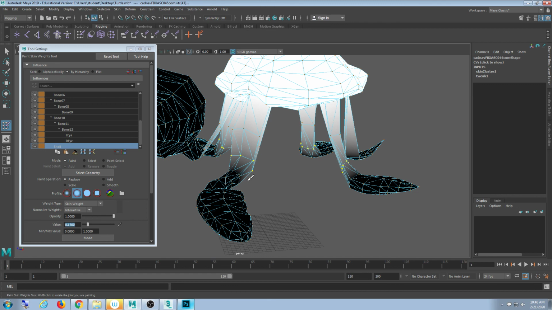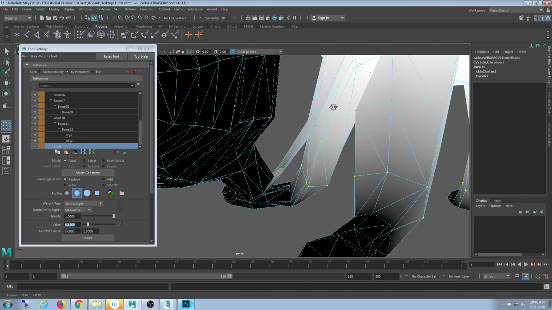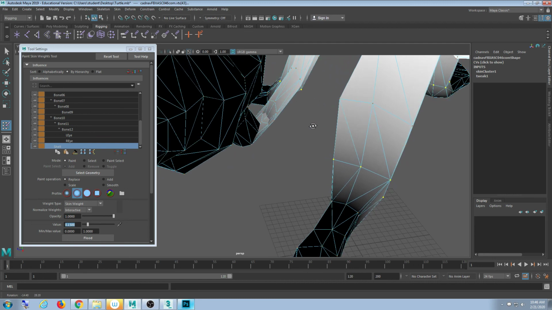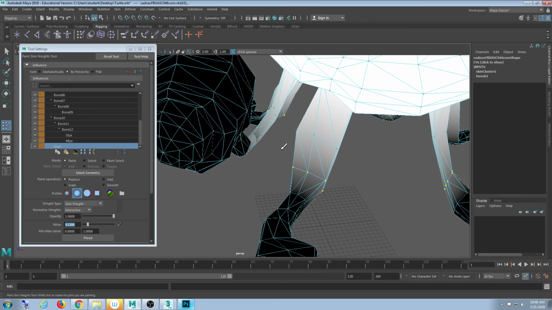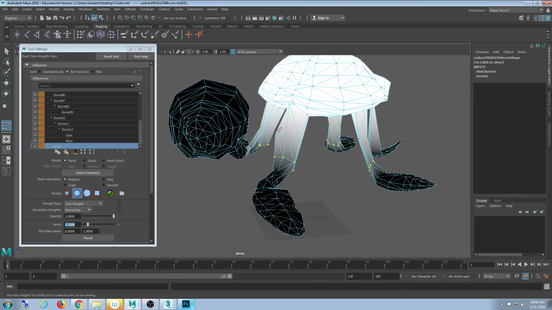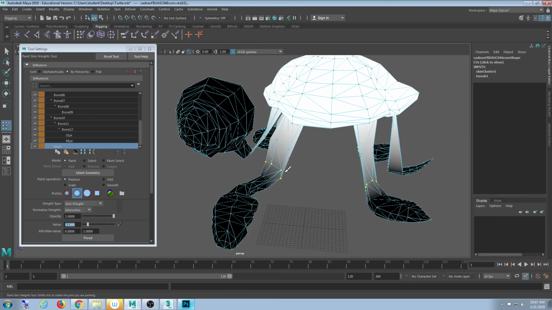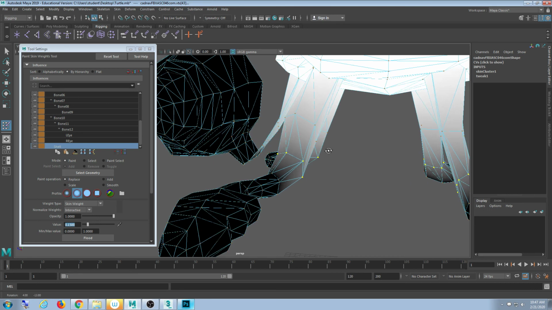So on the neck, these middle verts here, I think those were 0.5, and the next row down was 0.15. And then for the legs, the top ones I did 0.75, and for the middle ones, I think I did 0.15 again, or 0.25. You just have to play with it. You'll try a value. If it doesn't work, hit Control Z. Try another value. You just keep trying values until it looks right. It's never going to be perfect, but